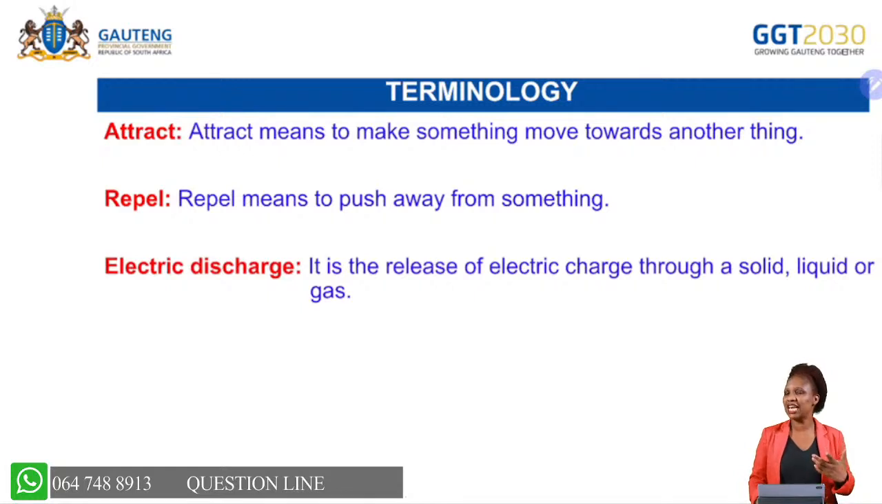And then we've got electric discharge. What do we mean when we say electric discharge? This is a release of what? Electric charge through a solid, liquid, or even a gas. And then